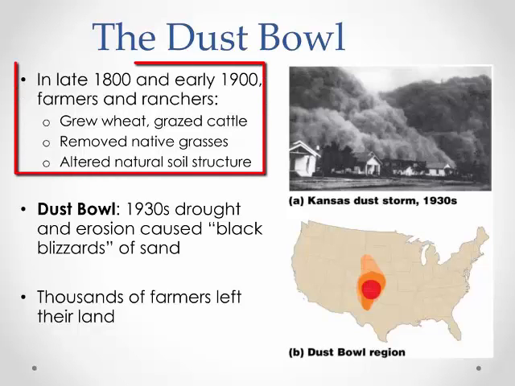In the late 1800s and early 1900s, farmers and ranchers settled in the area and began changing the landscape. Farmers began growing wheat and ranchers grazed their cattle on the prairie grasses which remained. They often expanded their operation onto unsuitable land, which caused erosion because they removed native grasses and changed soil structure by having thousands of cattle trample the land. The dry land practices of the farmers and the overgrazing caused by ranchers systematically destroyed the native prairie grasses of